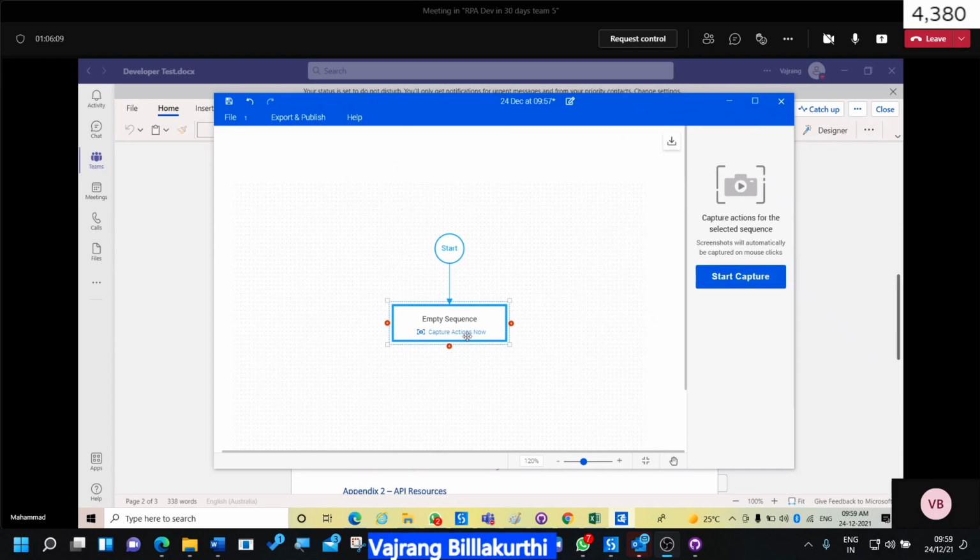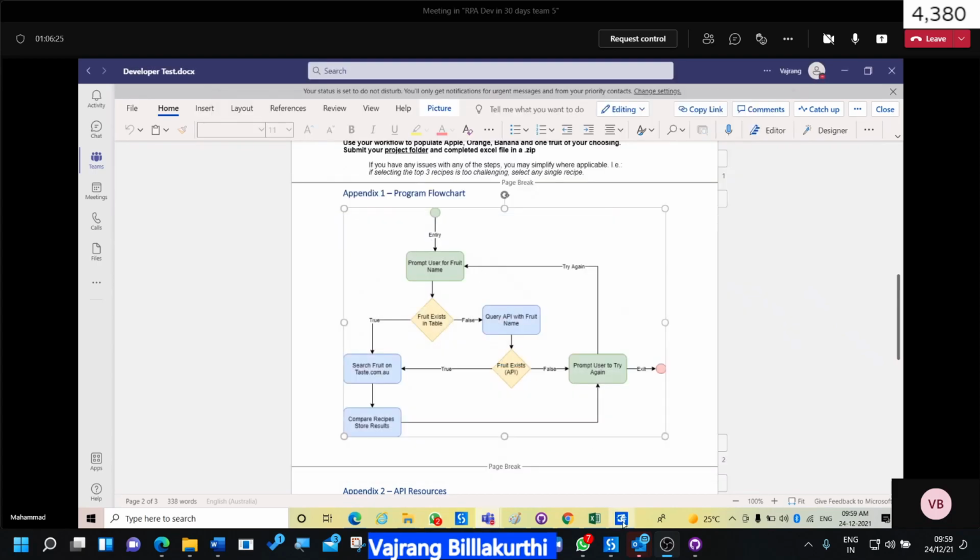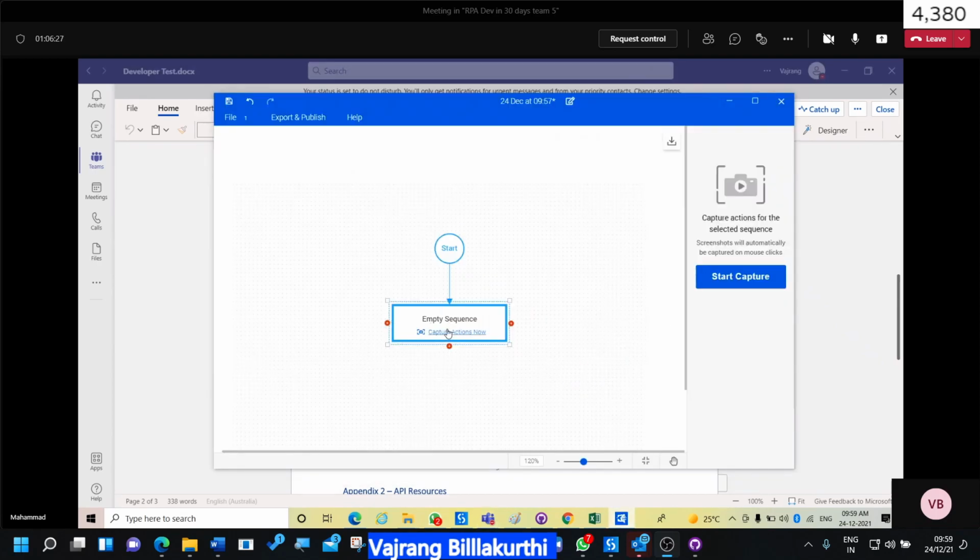User will enter input. Capture action. I'll be back in 5 minutes. Okay, Sarita. Yeah. So my question is, Raju, so here, how can we capture this step? Capture action step in the sense.